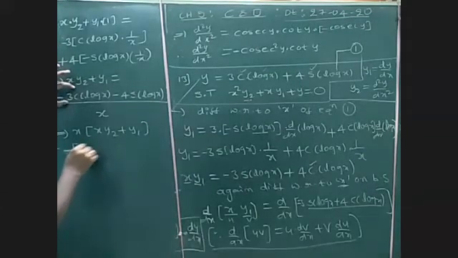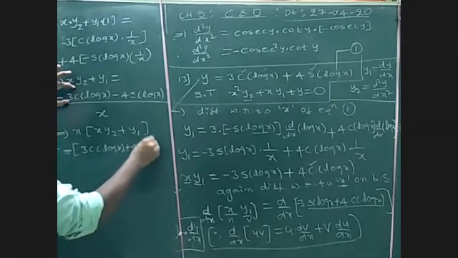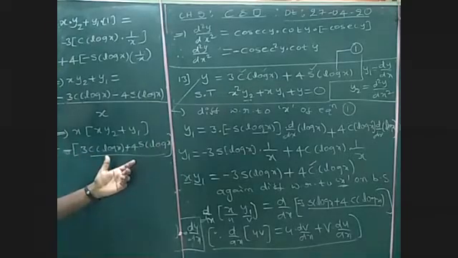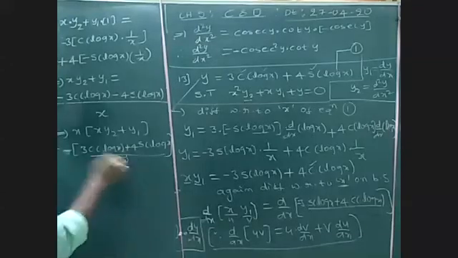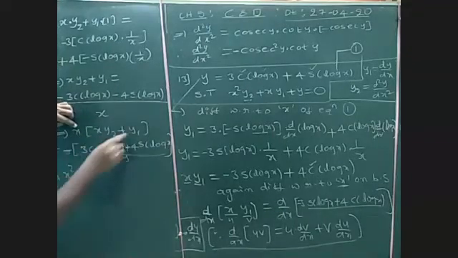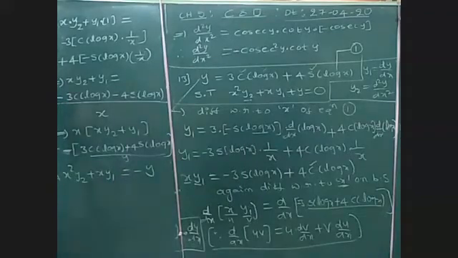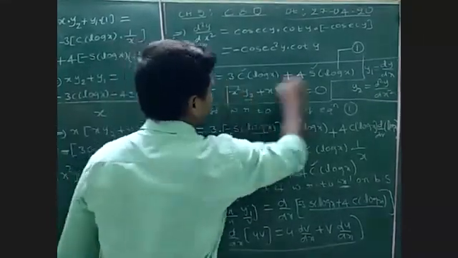here this value is 3 cos log x plus 4 sin log x. What about this value? This value is y value. From equation 1, this is the value of y. Substitute here. Finally, x into x square y2, x into y1, xy1 is equal to minus 5. Okay, this minus 5, take it as the resulting value.